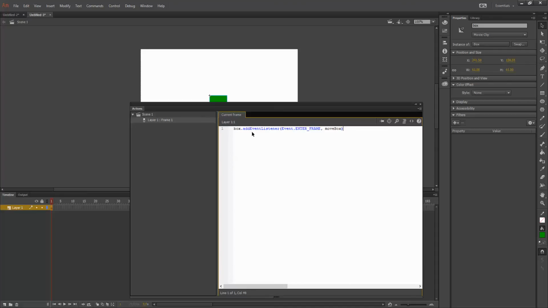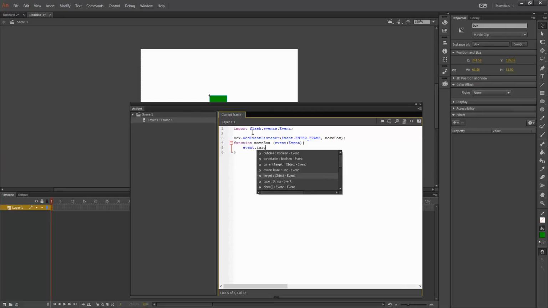So let me define the function. Function move box, of which event is of type event. And now this function is going to do the actual mechanical work of what I want to do to that specific box. So for example, let's start with rotation. I want to rotate the event target. So I'll say event target, and I'll explain what that means in just a second. Rotation plus equals,